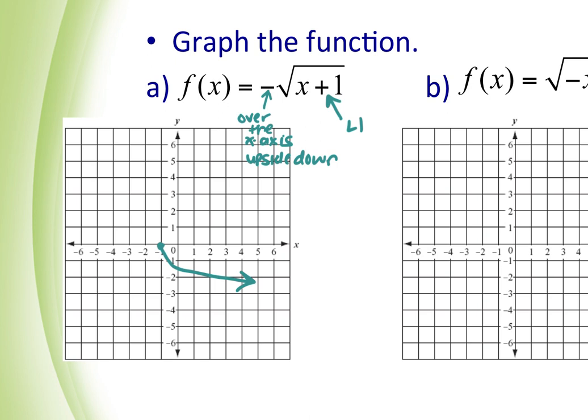How do you know how far down or up the line goes? These are really approximations. Technically, you would go up 1 and over 1, but then after that, it would depend on your values. So you're really doing an approximation. The only exact point I expect on a square root is that -1, 0. And then the rest of it is an approximation. When you start to stretch and shrink, which we're going to get to in a second, we'll talk about how you differentiate that. But if it wanted something more specific, you could plug in a point. You could plug in 0, and you'd get -1. You could plug in 1, and you could go like that. All right, so then for B,